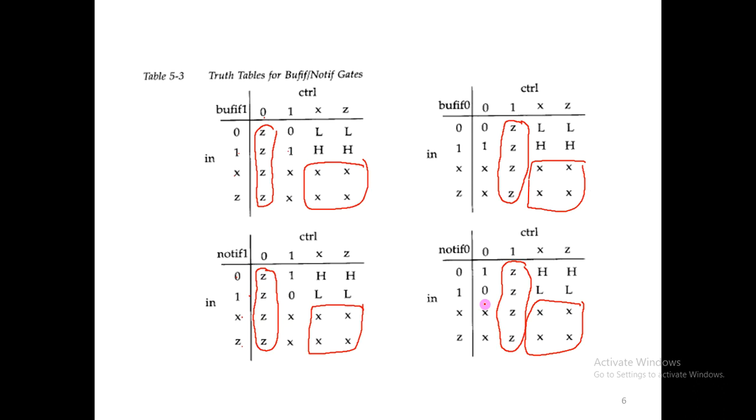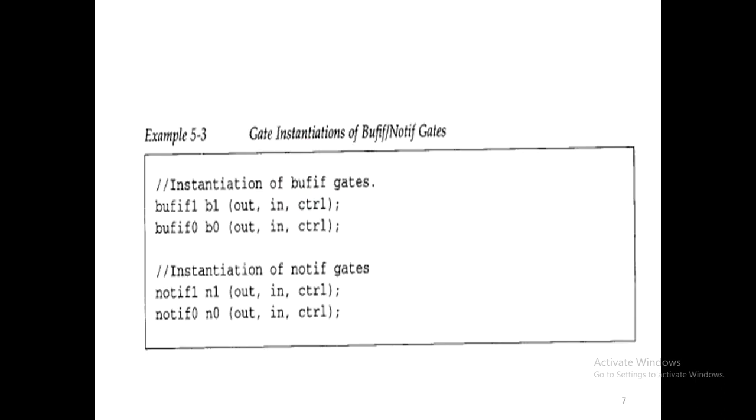That's it. One important thing is if the control itself is unknown, I don't know whether it is 0 or 1. In that case, bufif1 means it will pass the input as it is if control is 1, and if it is 0, it is high impedance. Hence, 0 should have been passed if it has 1, but I don't know whether it is 1 or anything, so it will pass a weak logic 0. This is the weak logic 0 symbol. It is strong high, weak high, weak logic low, weak low. So this is what happens. Let us not worry about this case. That's a special case.